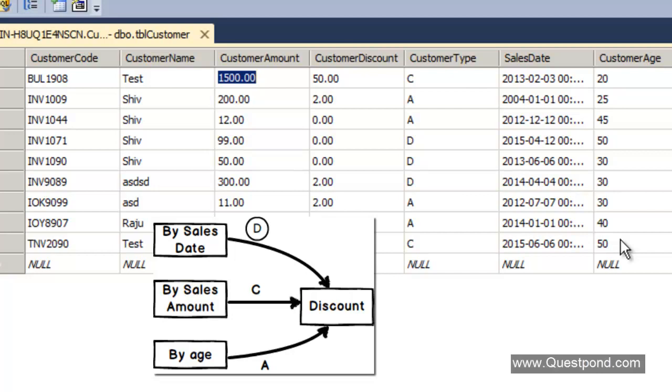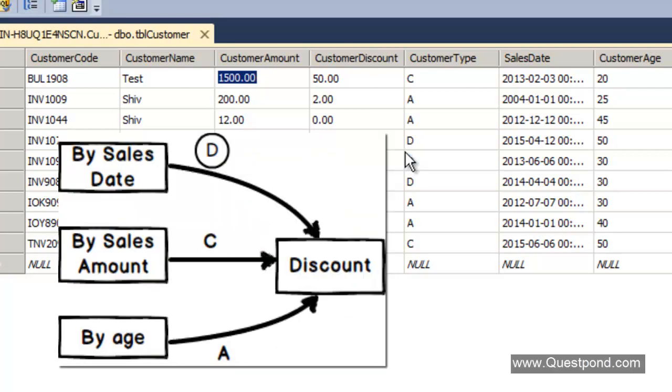of discount. So I have added a customer discount field here, and the customer discount field is calculated by various means, by using customer amount, by using sales date, and by using the age. And I have also added one more field here called the customer type.